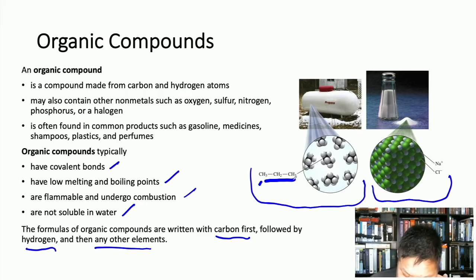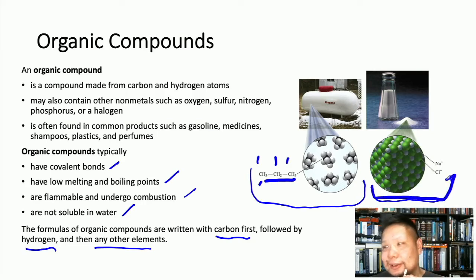But propane is, as you can see, made up of 3 carbons and 8 hydrogens, arranged in the way that you see in that structure right there. Now, if you compare that to this table salt right here, which you remember from previous lectures, it contains sodium cation and chloride anion, right? They're not sharing any covalent bonds. It's an ionic bond, of course, and they are in a crystalline structure. So that's the difference to know.